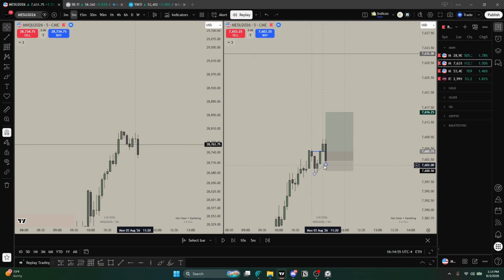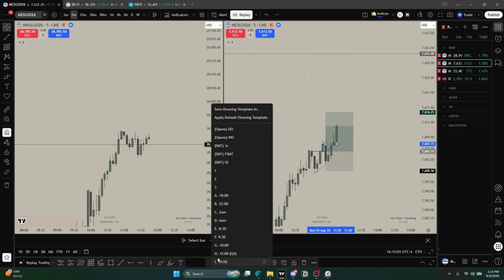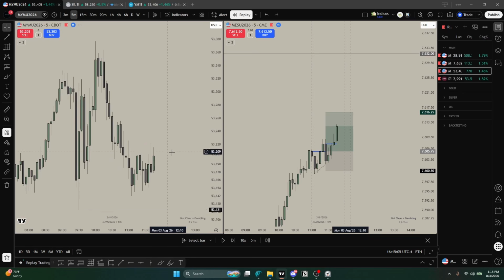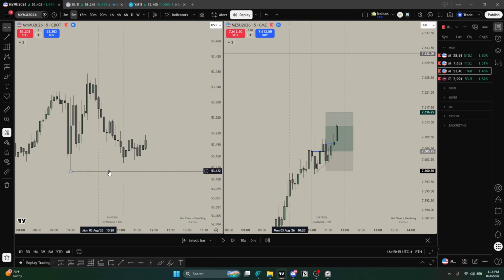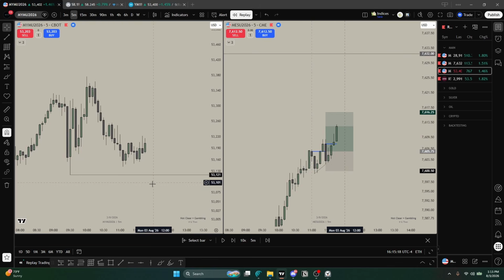Yeah, so we do take that low up. So ideally we reverse away from that. We do create the CISD. It's great to see. But again, YM is still not one to higher. I mean, look at this expansion on ES versus YM. We're just consolidating above this level. So expansion of consolidation, we probably should continue to this level. It's already shown that it wants to.